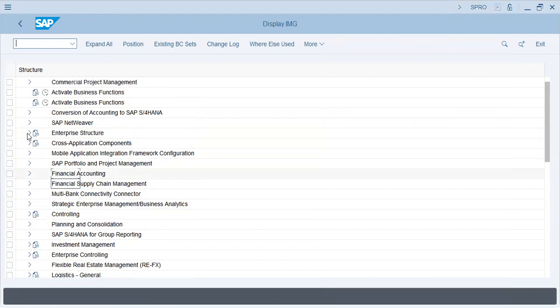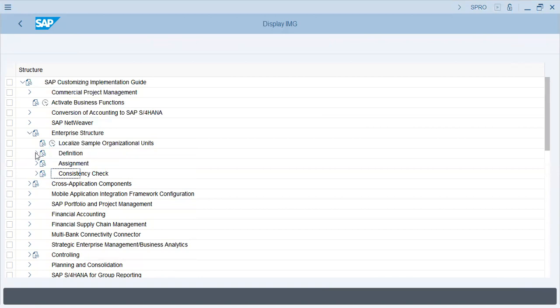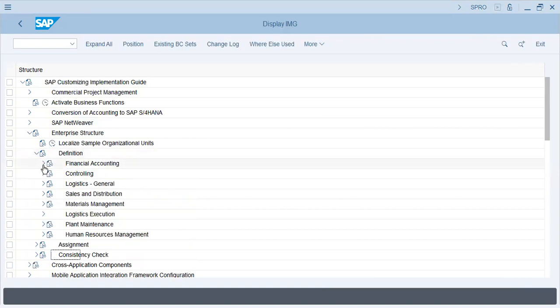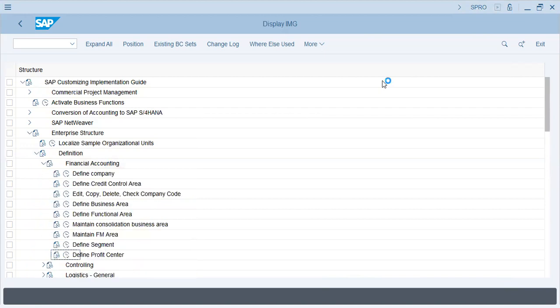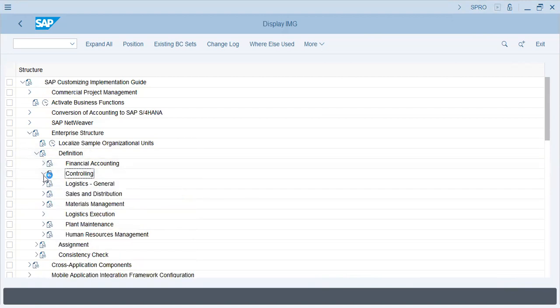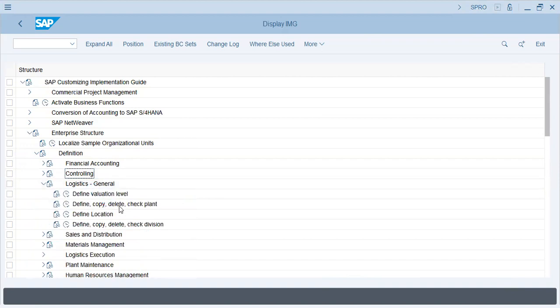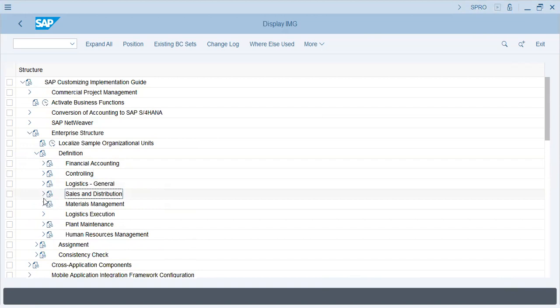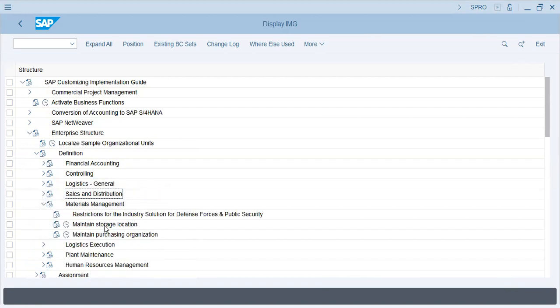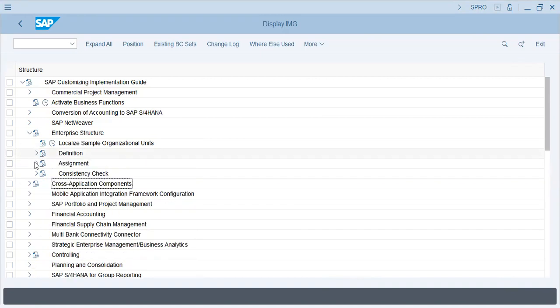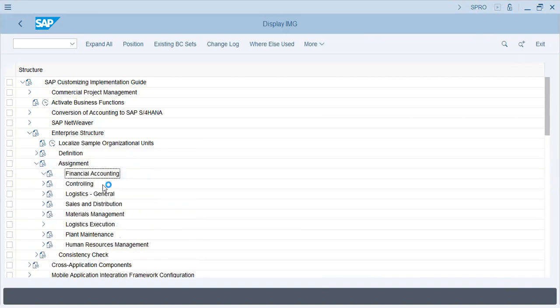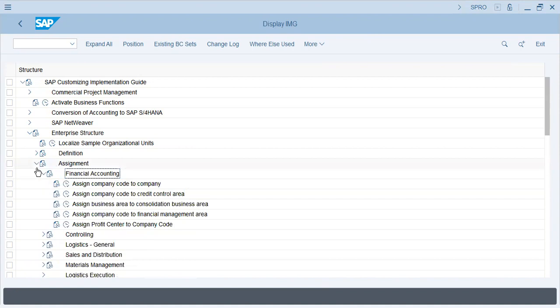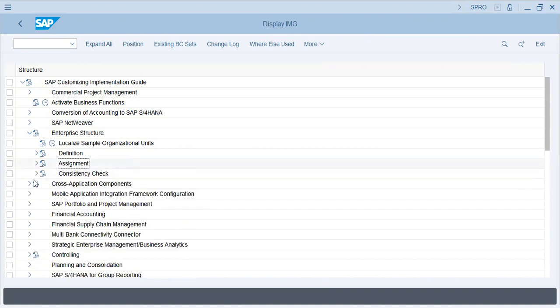Okay. So where do we access it first? We start from enterprise structure, definition, financial accounting. And over here, of course, we start with company code. Then we go to plant, plant location. Then in material management, we look at storage location, purchase organization. When definition is done, we go for assignment. That is company to company code assignment. Okay. And in financial accounting, we go for